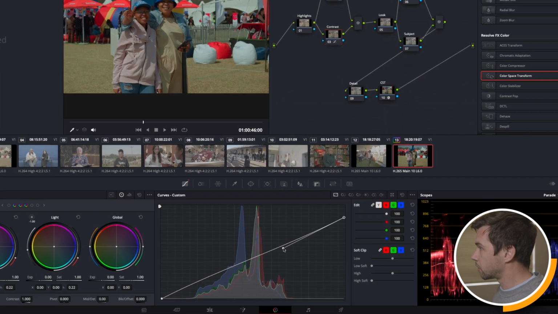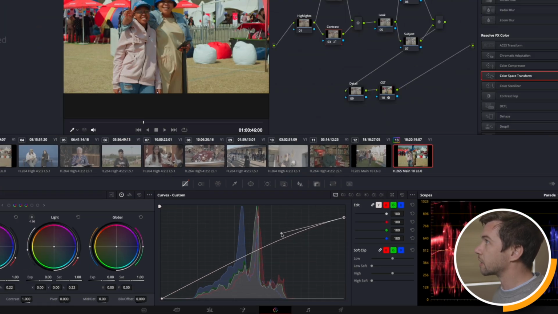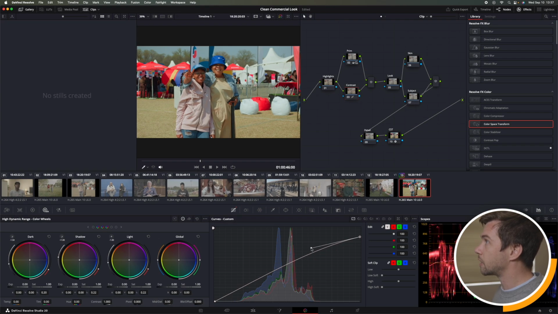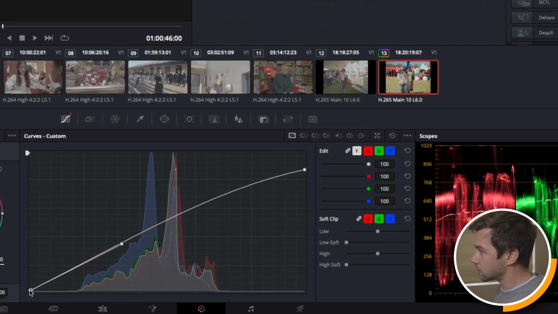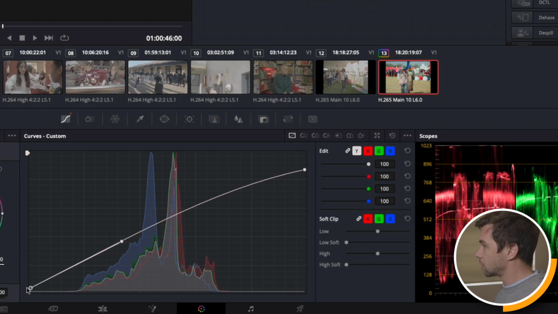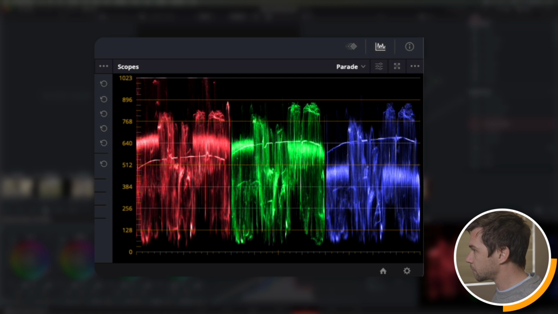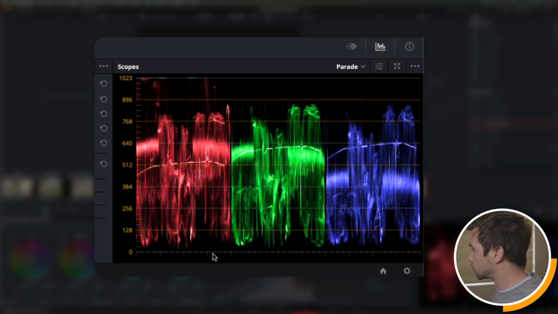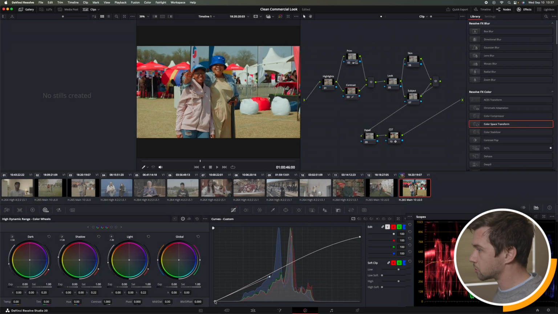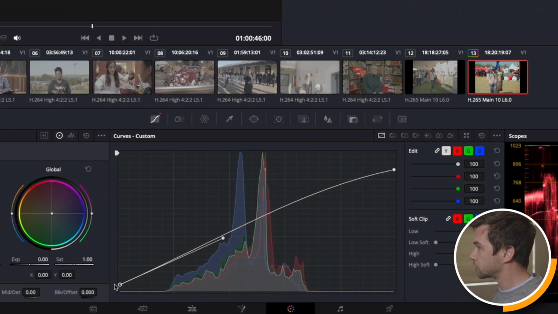And then from there on you can click and drag that up, and you'll see now it's adding a lot more contrast to the scene. And then the same with when it comes to the shadows, because if I kept it here at the bottom and it was straight, you would see it's very close to clipping. So all I do is I lift the shadows